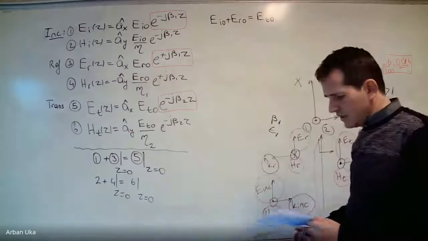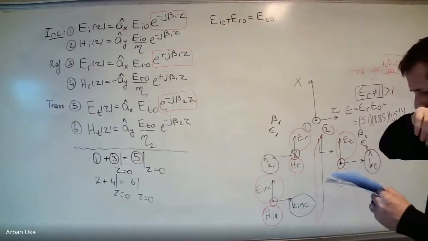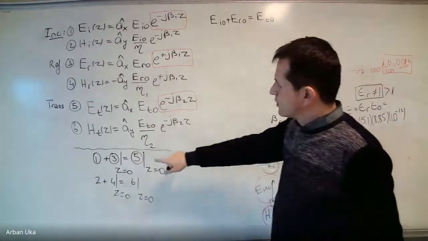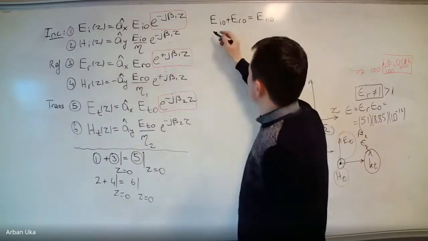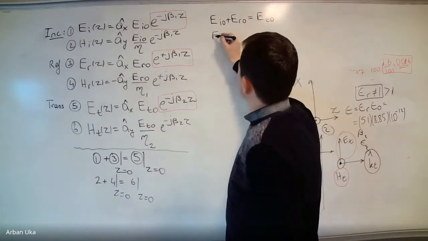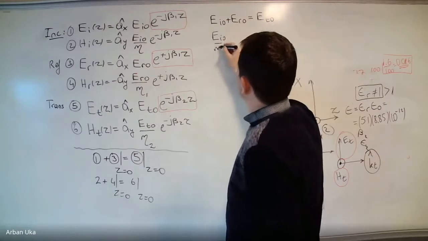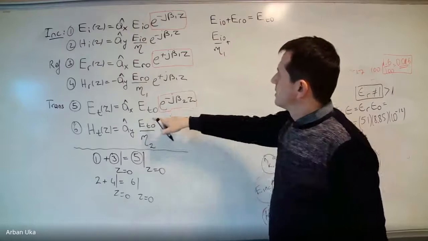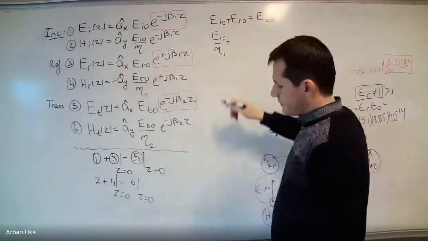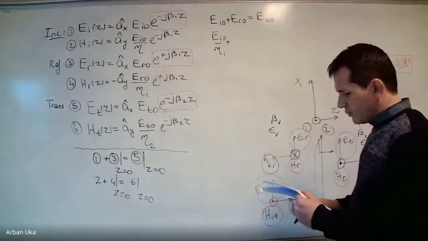We're talking about the amplitudes, okay? This is what you get from the first equation. From the second equation, we have to do the following: EI0 divided by eta1 plus, we have this expression, minus